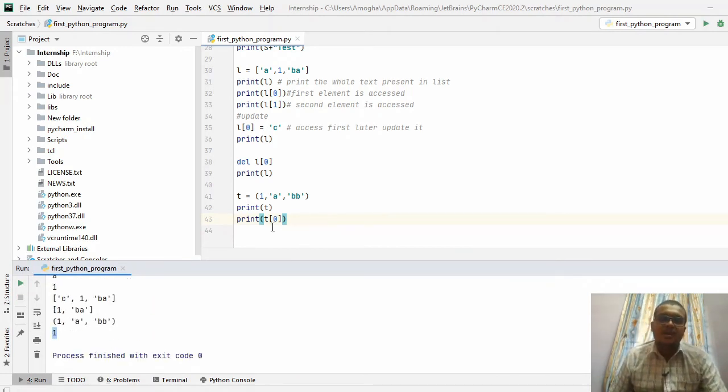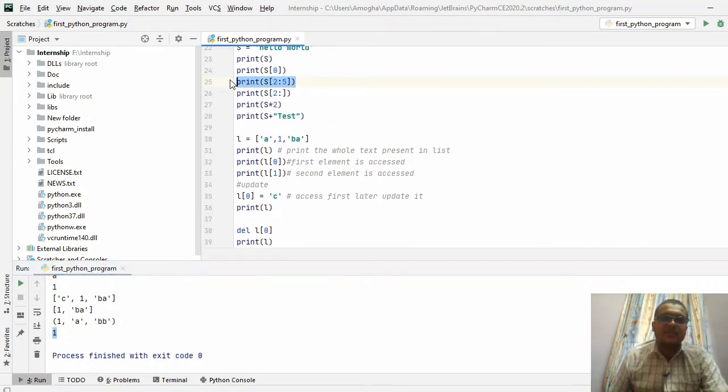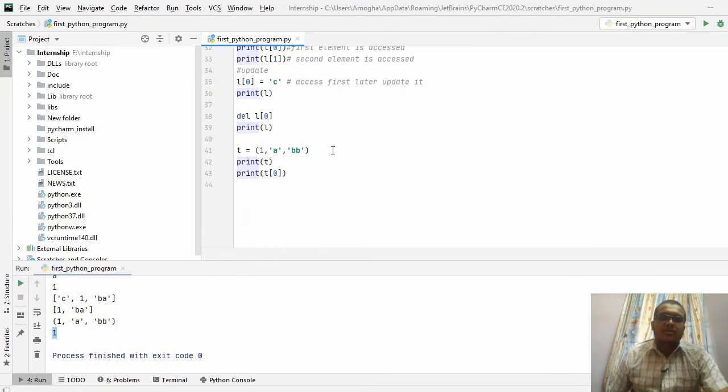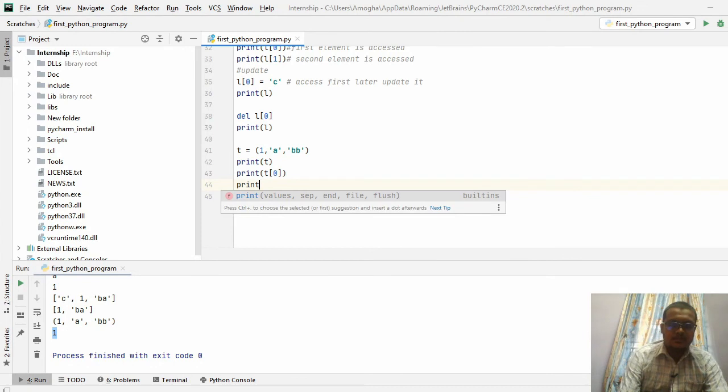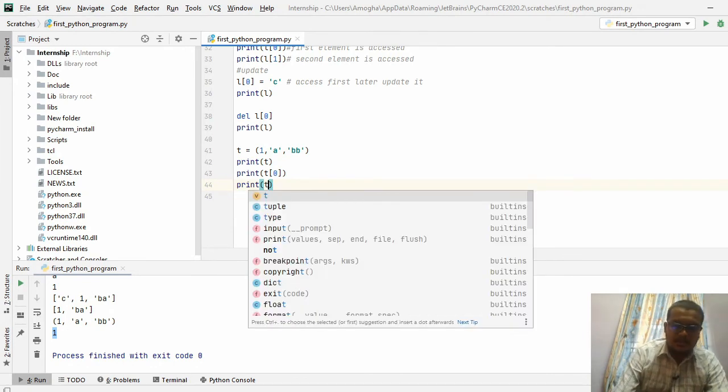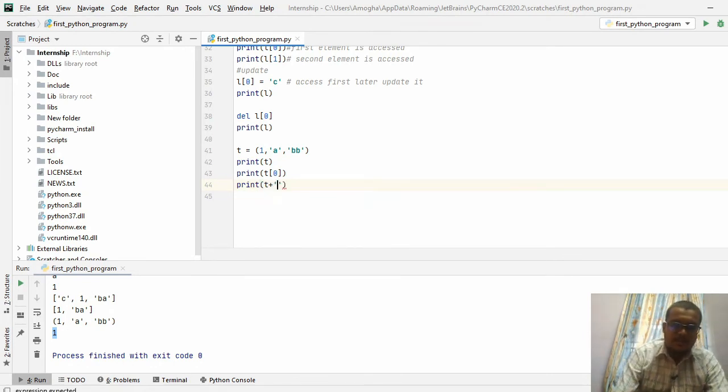You can access values the same way as with a string. So indexing also holds good for a tuple. You can also see the string operations here. Print the tuple, and you can add some values.